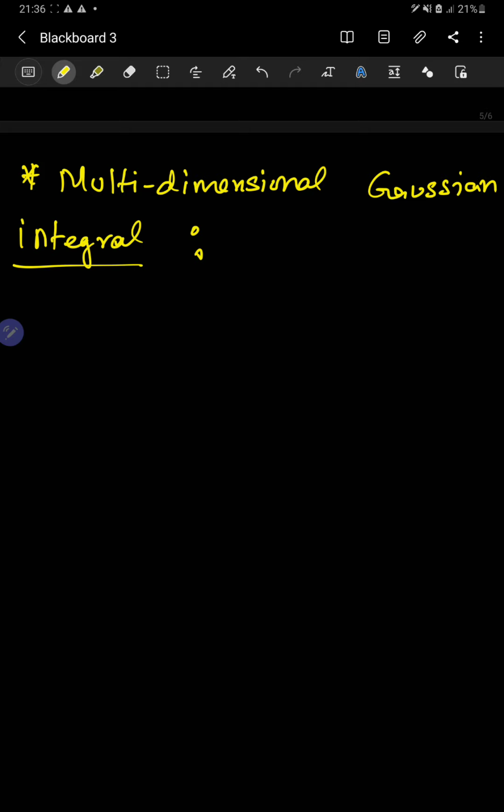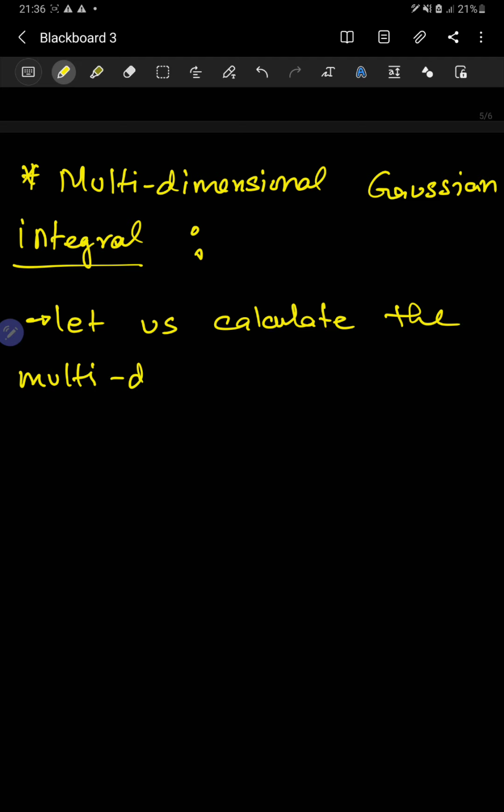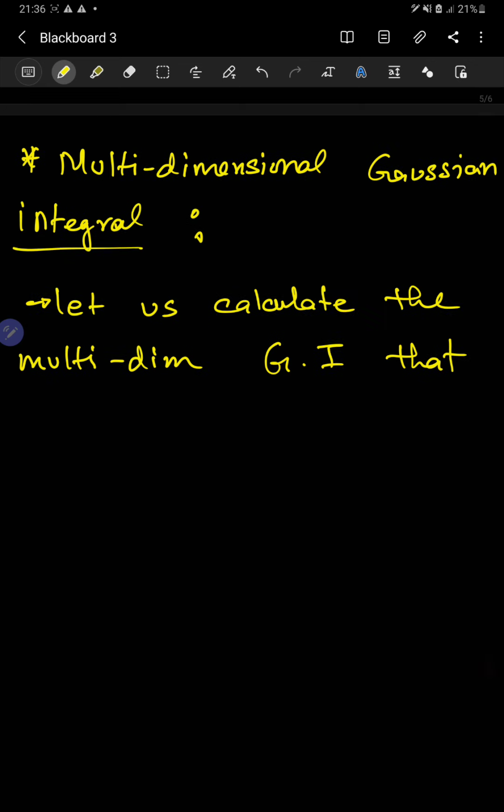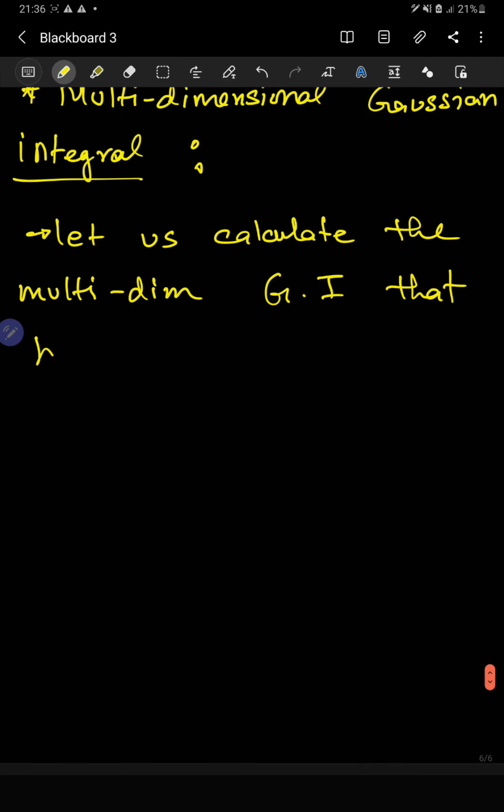So, multidimensional Gaussian integral. Let us calculate the multidimensional Gaussian integral. I'll use this shorthand notation very often, so it's good if you are used to this. It has the form